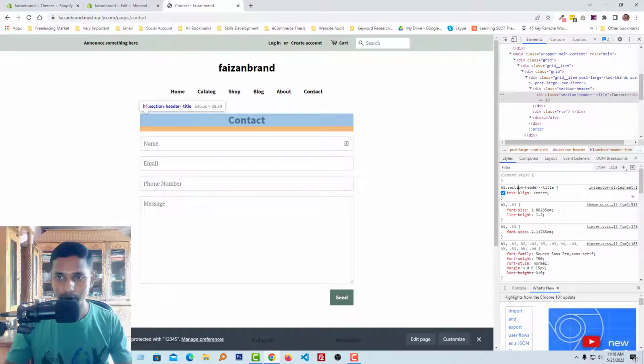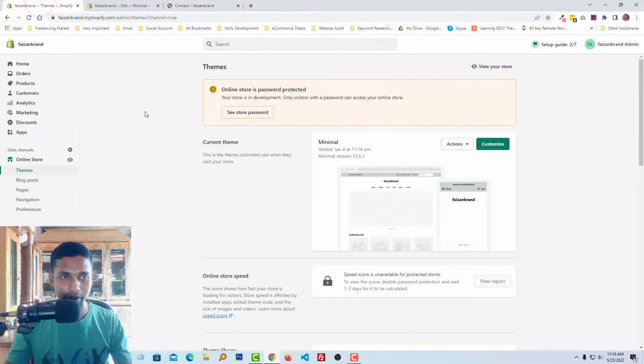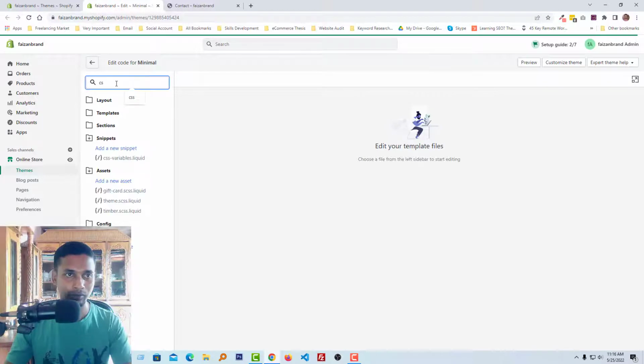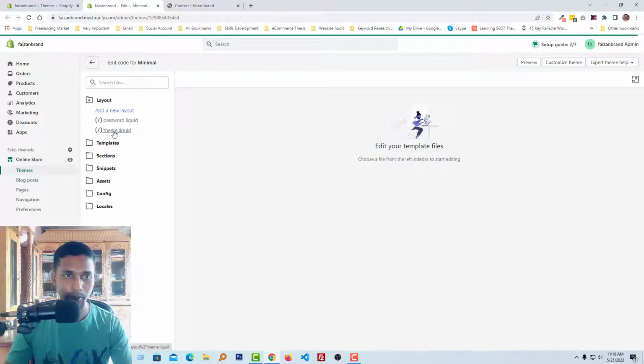Now I'm going to copy this code, copy rules, and go back to my Shopify admin panel. Here is my Shopify admin panel. Then you have to click on the action button, and from here you have to click edit code. So I have already opened this code editor page, and here I am going to open layout and open the theme.liquid file,